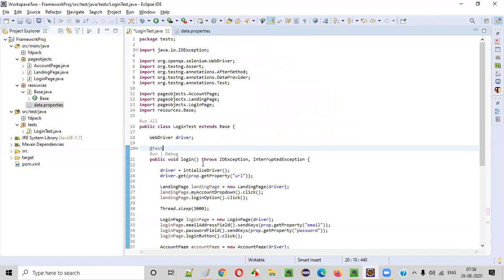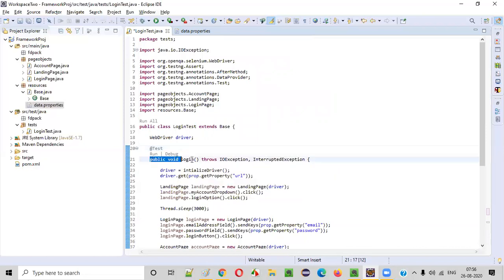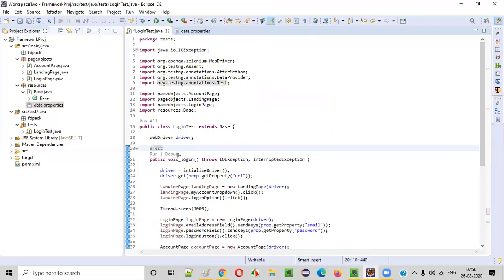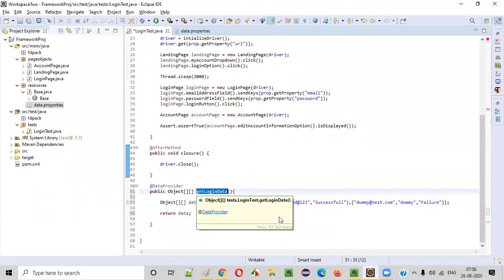Here in the @Test, we have to add the parameter, that is dataProvider equals the name of this data provider.